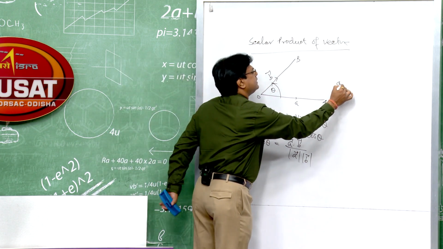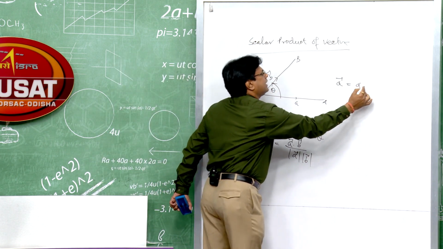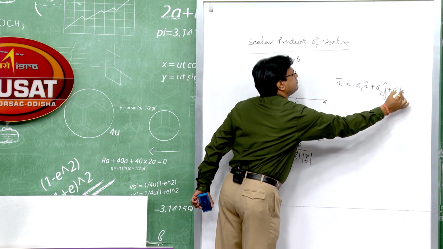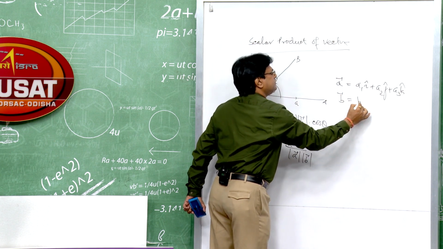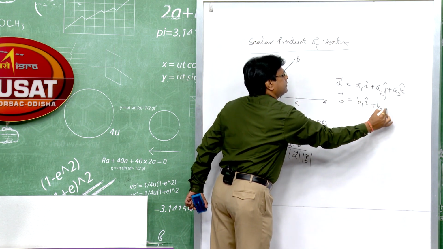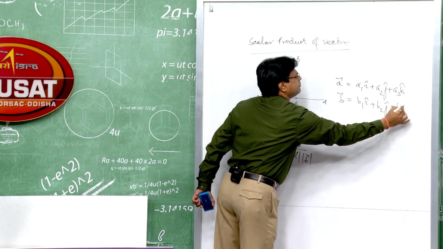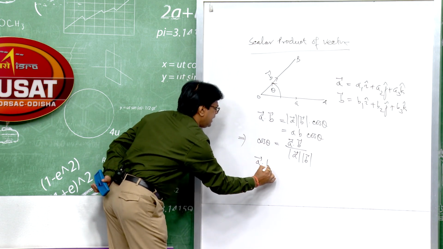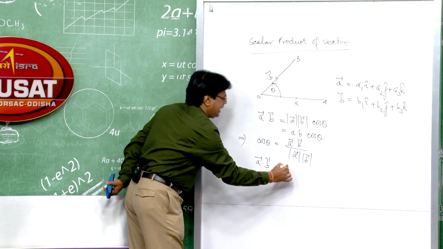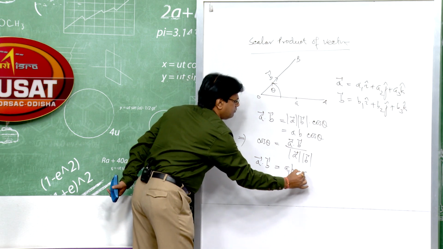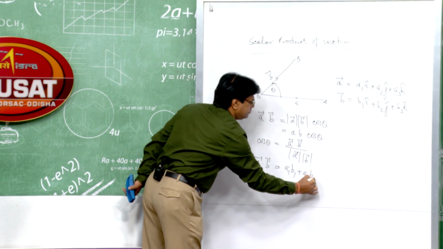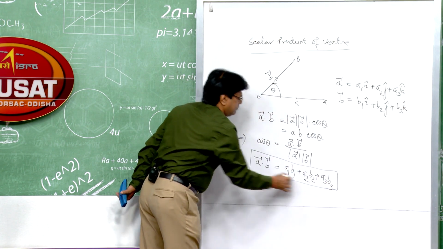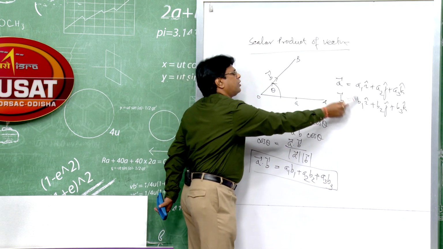Suppose A vector is A1 i cap plus A2 j cap plus A3 k cap, and B vector is B1 i cap plus B2 j cap plus B3 k cap. Then A dot B is equal to A1 B1 plus A2 B2 plus A3 B3, because we only take the product of these two vectors,